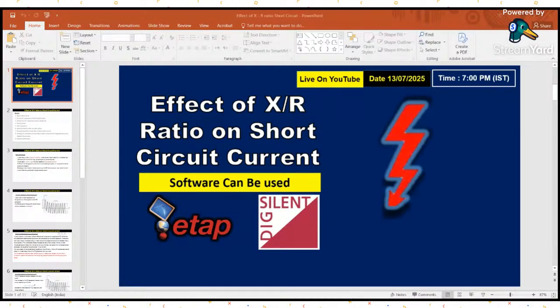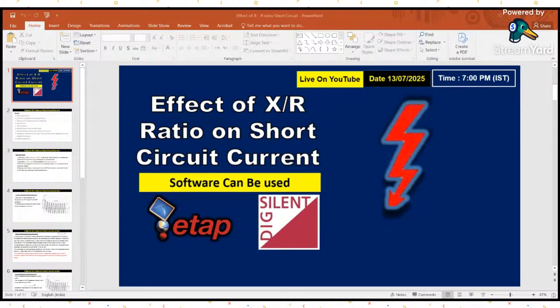My name is Ejazul Haq. I am from Jammu and Kashmir, mainly from the Kashmir division, India. I have done my BTech at Jammu University and MTech at Kurukshetra University. I have a total of 12 years of experience in substation design and transmission, and almost 2 years of experience in power system analysis.